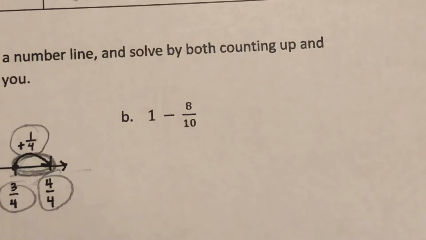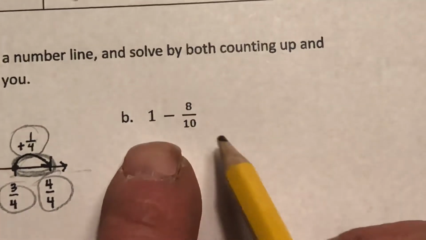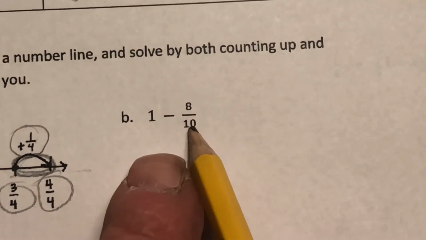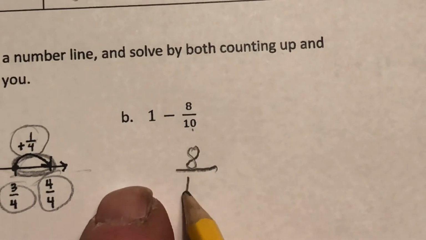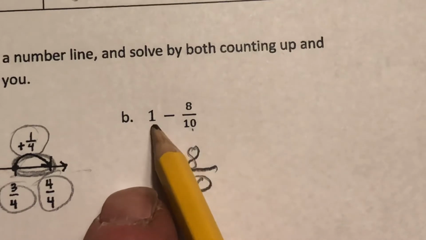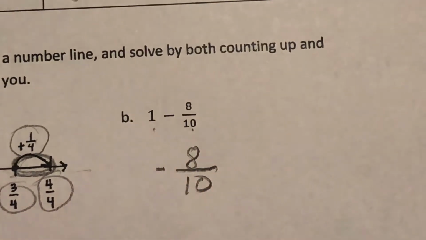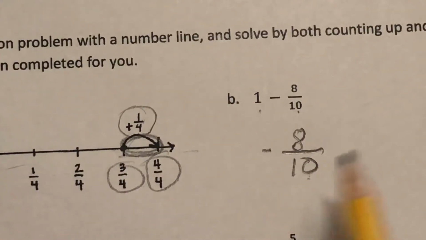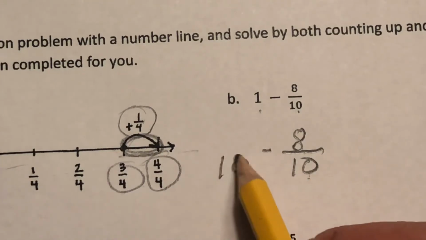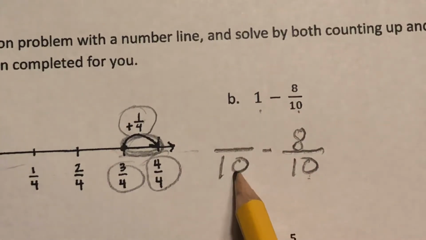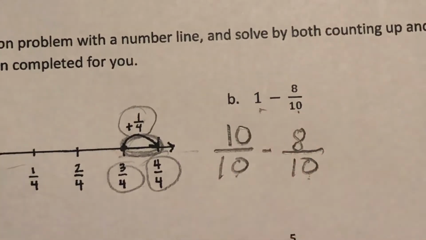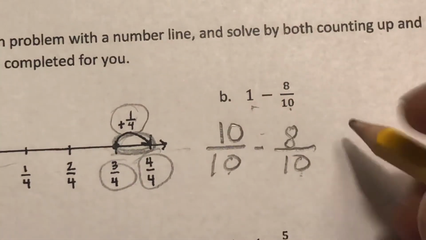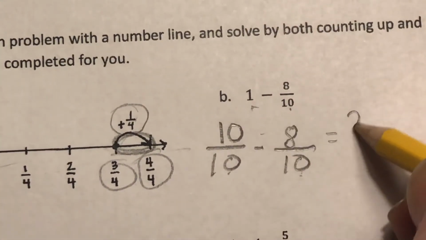1 minus 8/10. Okay, so let's do this first. Here, this is tenths, so I'm just going to take this and write this down. 8/10. And I got to subtract it from 1. But I need to change that into a fraction that has tenths as the denominator because I can't have the same units. So how many tenths is equal to 1? 10/10, right? Numerator and denominator need to be the same. That equals 1. So this turns out to be 2/10,